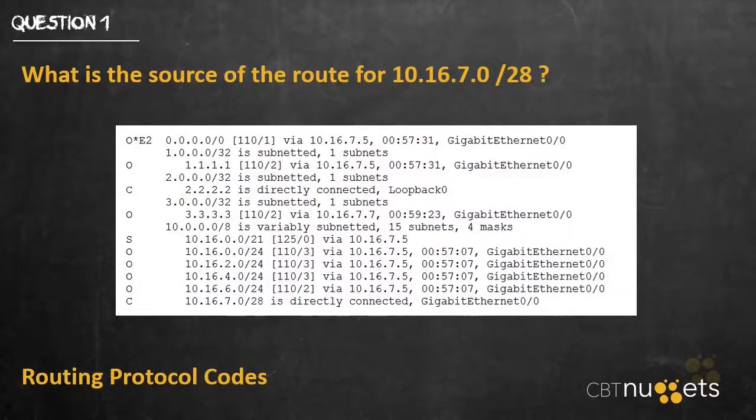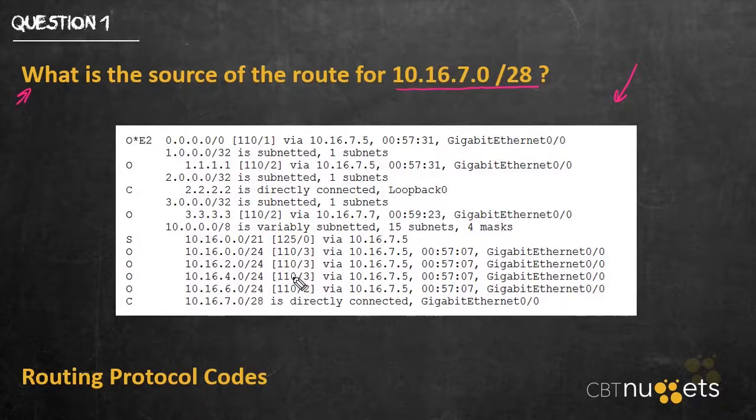And for these questions, we're going to leverage the output of this show IP route command on a Cisco router, and I'm going to use the same exact output for each of the questions. So it's not like you have to reinvestigate the whole routing table from scratch. We get to use the same output as we look at each of the questions. So the first question is, what is the source of the route for